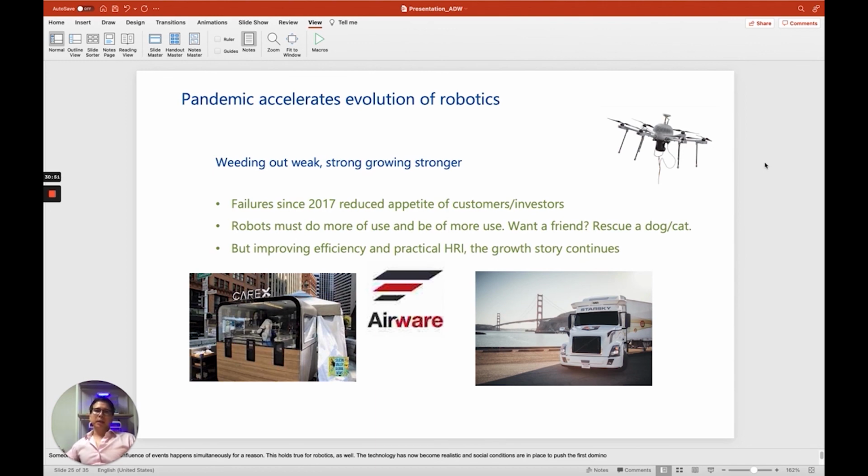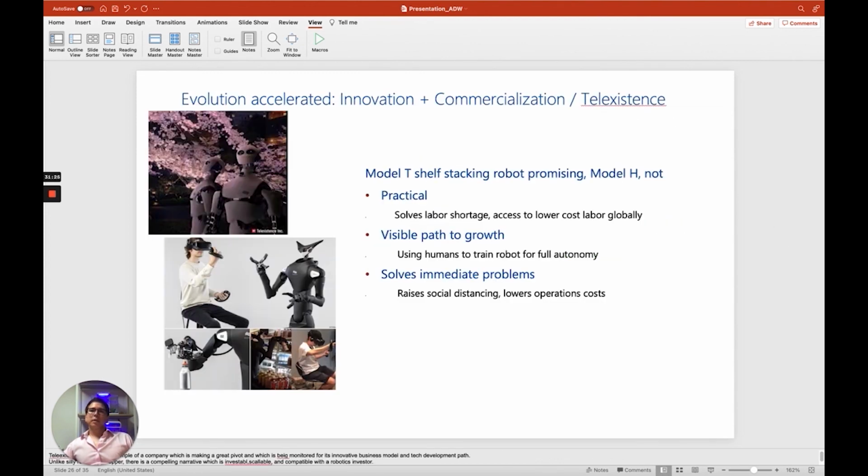Drones. Of course, the pandemic has accelerated the evolution of robotics. It also saw the death of many robotics companies: Starsky, Airware, Carex. Robots really must be of more use and do more. If you want a friend, rescue a cat or a dog. So evolution accelerated is going to really come in the form of innovation